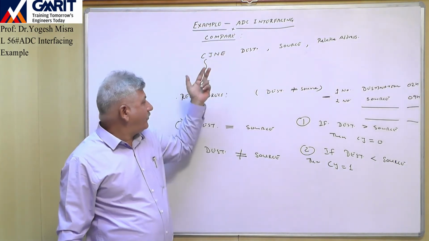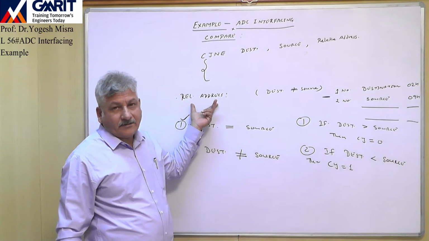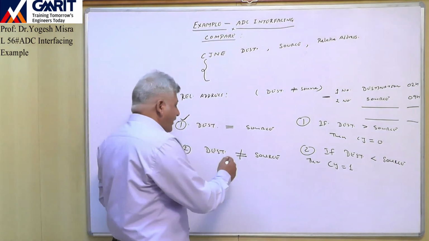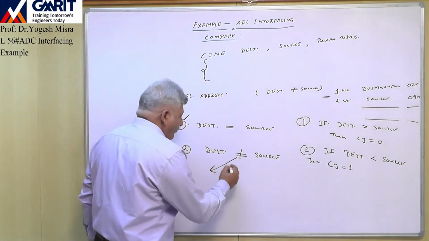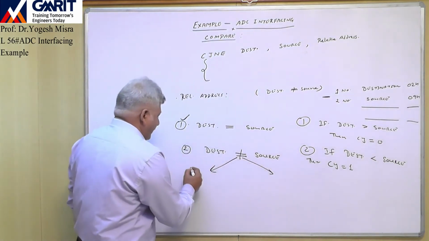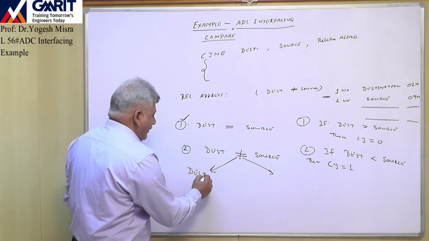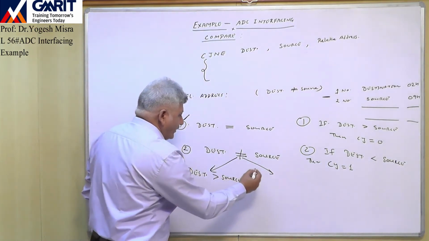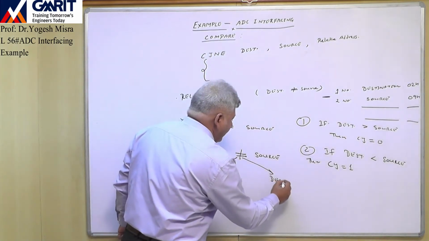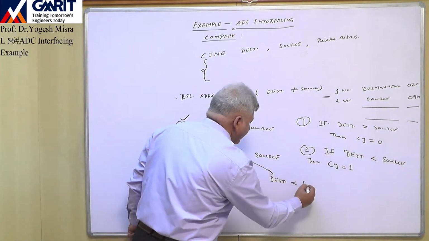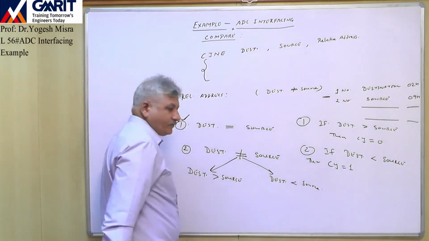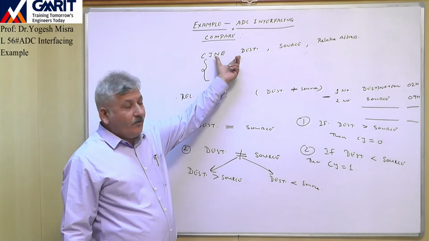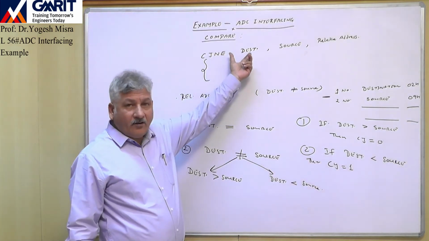Then the program sequence will come to this relative address. Now here, for the second case, again there are two possibilities: one, destination is greater than source, and second, destination is less than source. Because after execution of this instruction, when the destination and source are not equal,